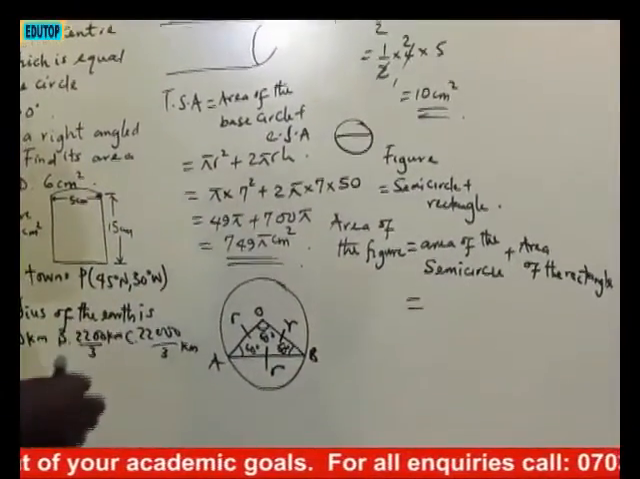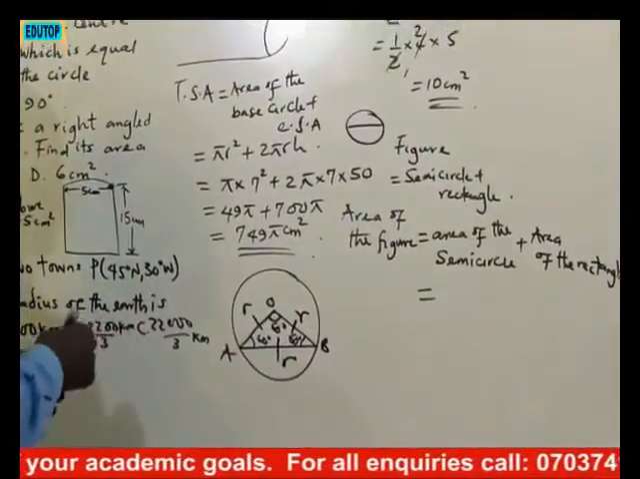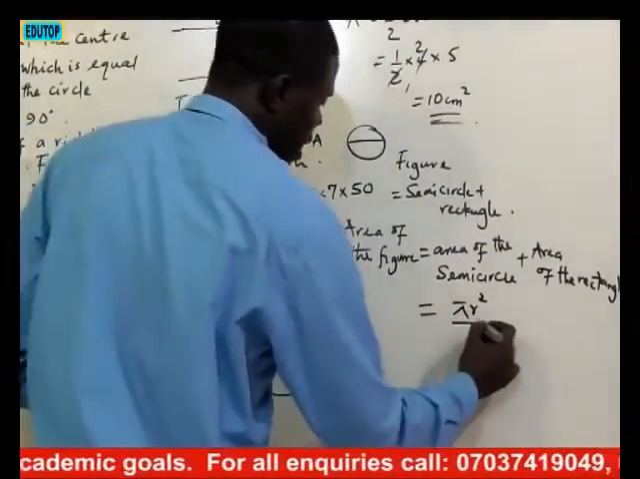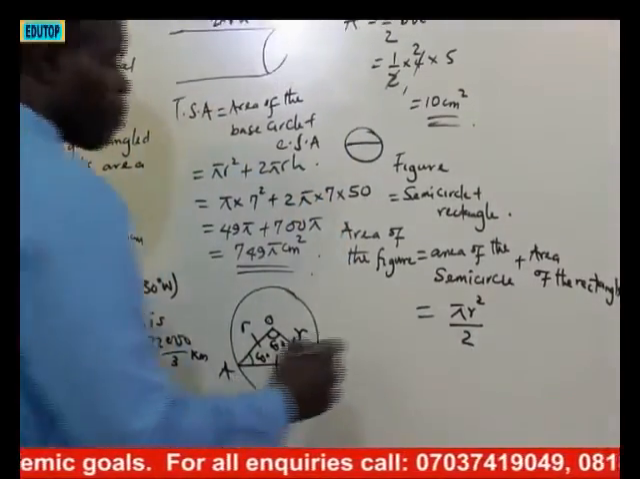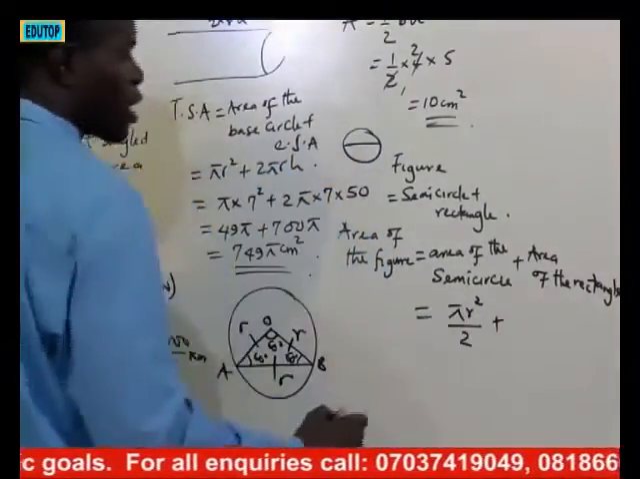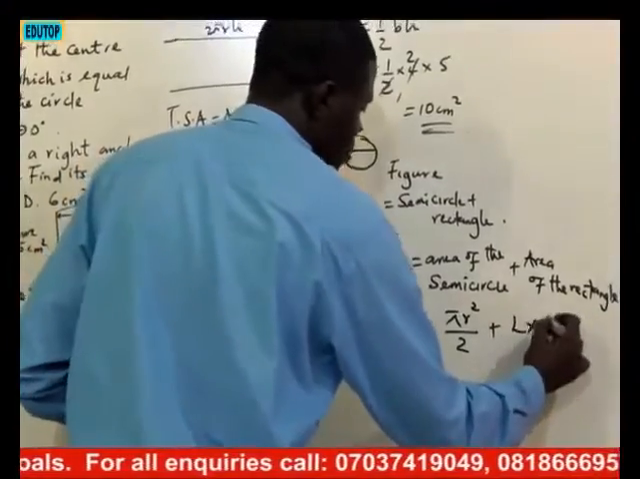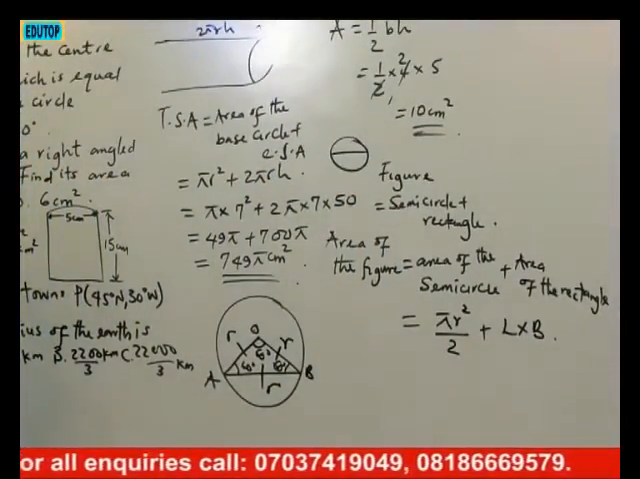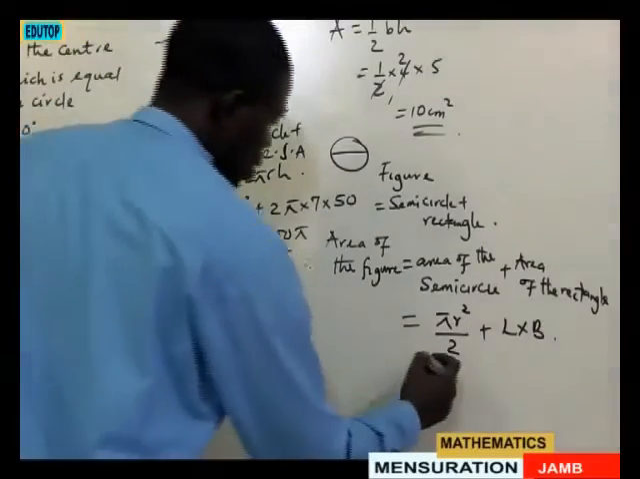What's the area of the circle? Area of the circle is pi r square. So area of the semicircle will be pi r square divided by 2, plus area of the rectangle, that's length times breadth. So what is our pi in this regard? Our pi will be 22/7